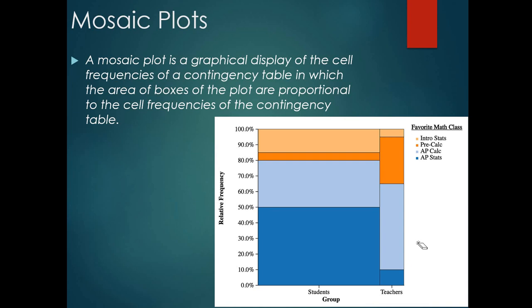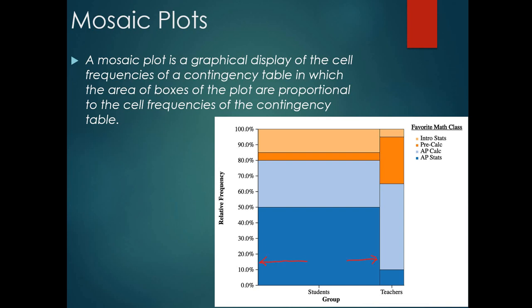One other type of plot that's new to AP statistics this year is the mosaic plot, and that adds yet another piece of information to your graph. It helps you see the sample size of your different groups. In this graph, we have students and teachers were surveyed to see their favorite math class. And then it was graphed in a stacked fashion with the percentages on the left. Now, you may think that the different categories are widely different if we didn't look at how many people were surveyed. So the width